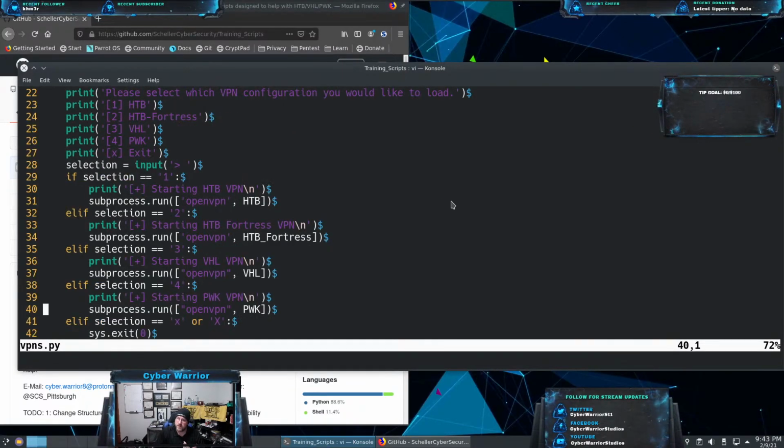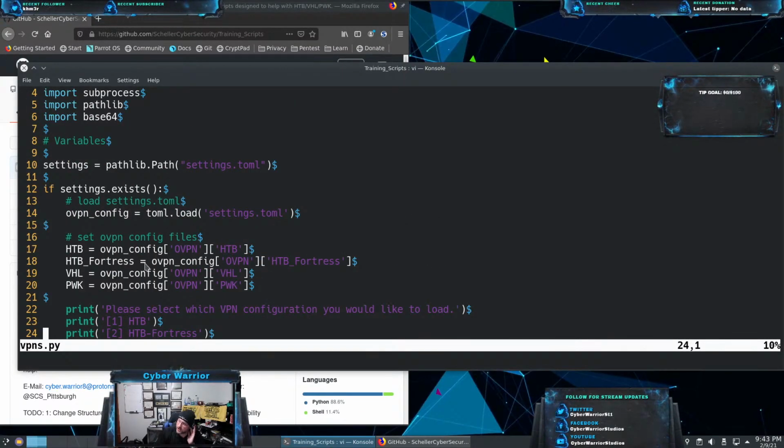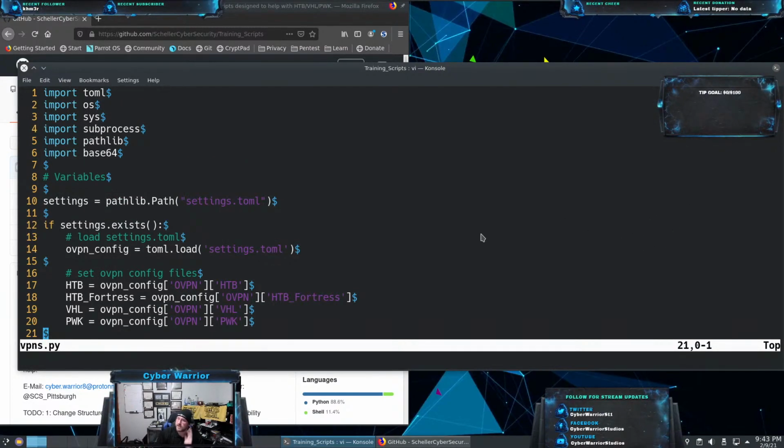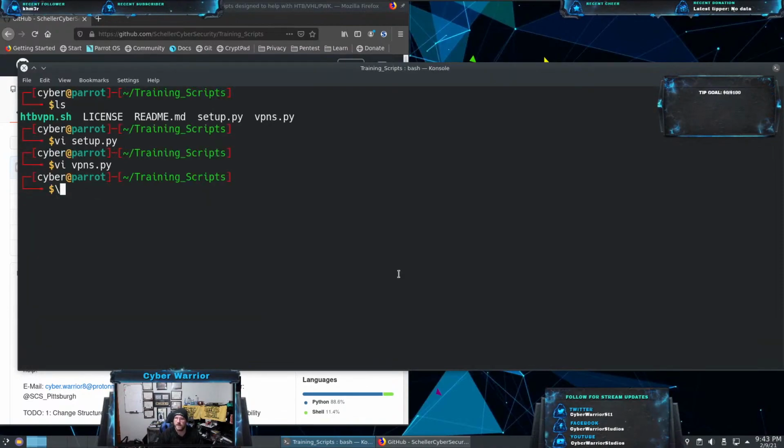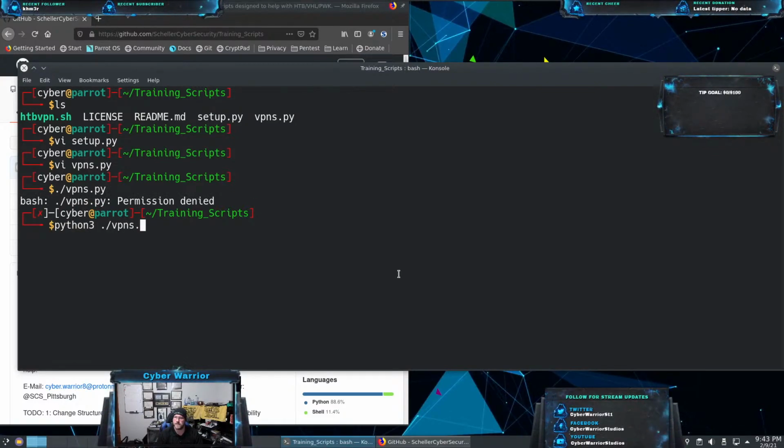Now, when this script runs, and I'll show you real quick what it does, and it's not going to run the whole thing because I'm going to get an error as soon as I run it. So let's go ahead and trigger that error. Remember, this one doesn't have that shebang, so it's going to get interesting. So if I do ./vpns.py, I get nothing. But if I do python3 ./vpns.py,